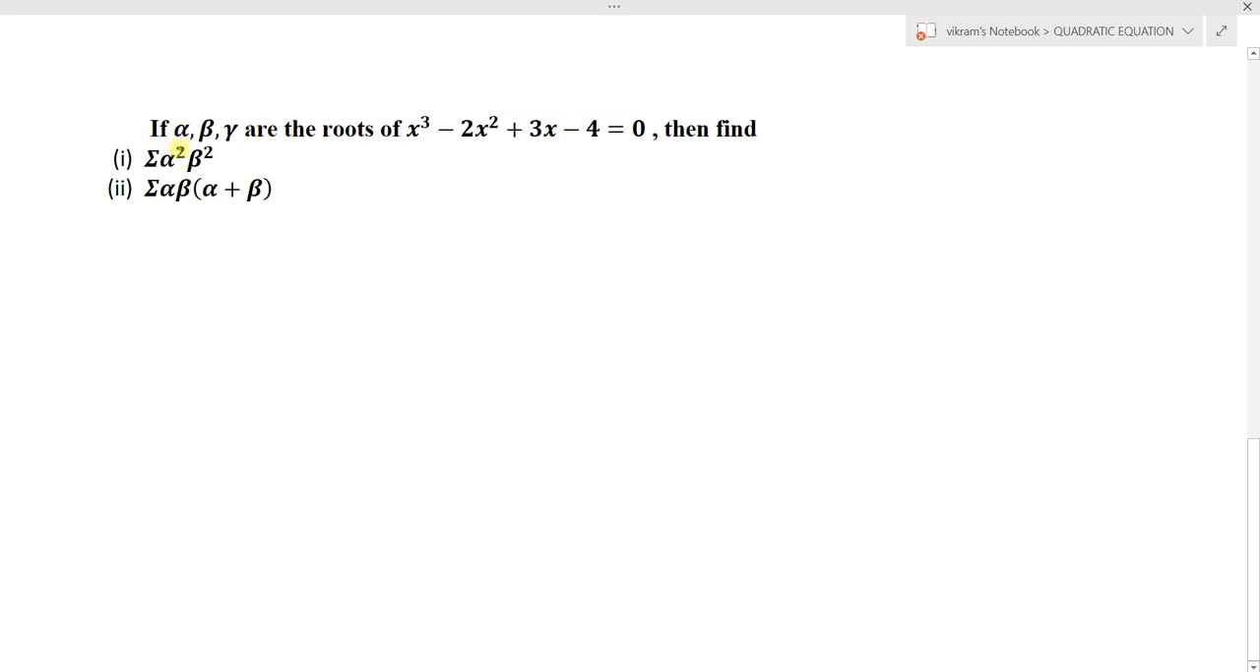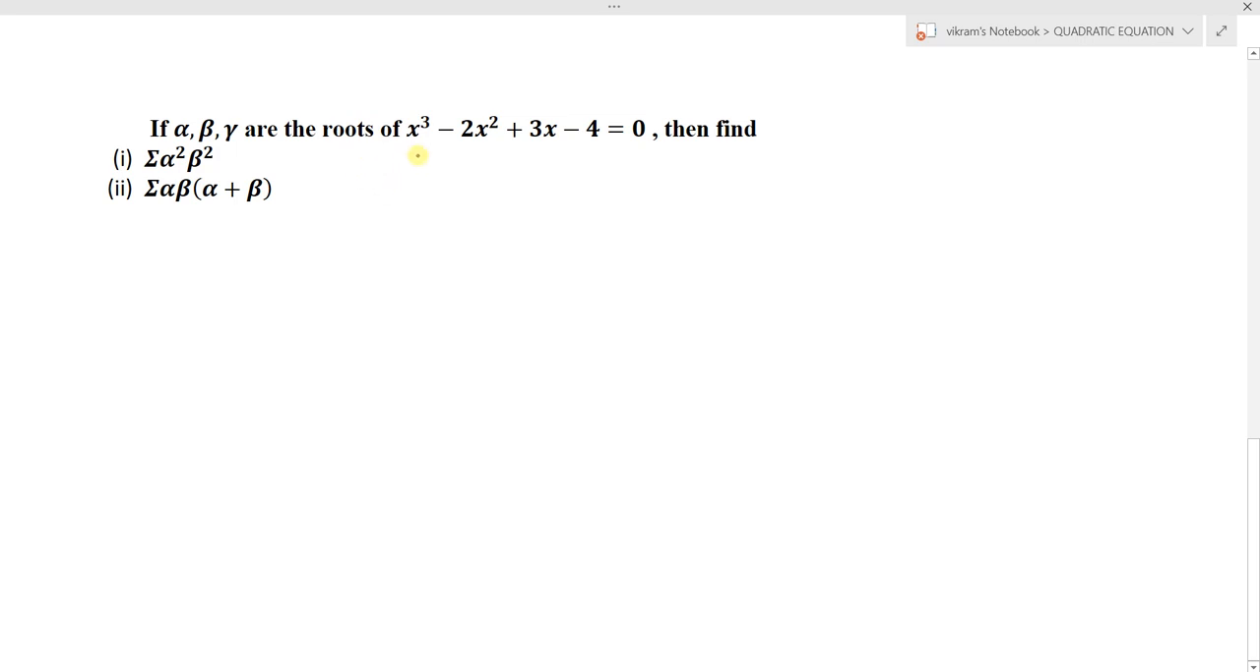The next question is, if alpha, beta, gamma are the roots of x cube minus 2x square plus 3x minus 4 equals 0, then we are asked to find the summation of alpha square beta square. The second question is the summation of alpha beta into alpha plus beta. Okay, we know that